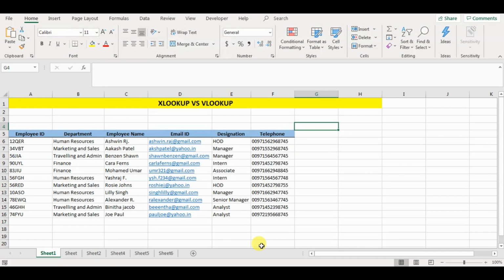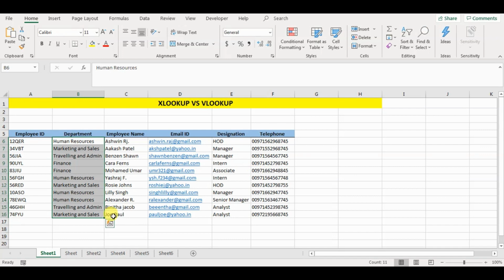Now when we talk about VLOOKUP, or a vertical lookup, what we mean is two things. First, all the data which it can retrieve from the table should be arranged column-wise. And second, let's say this is the first leftmost column you have selected. Whatever data it can retrieve should be on the right side of that column. But in the case of XLOOKUP, this doesn't happen.